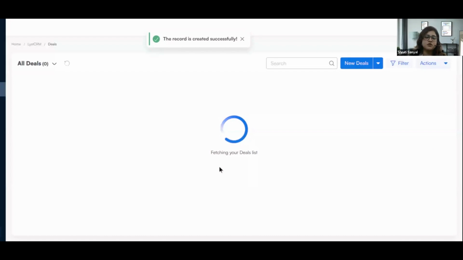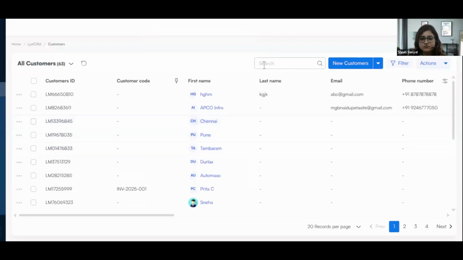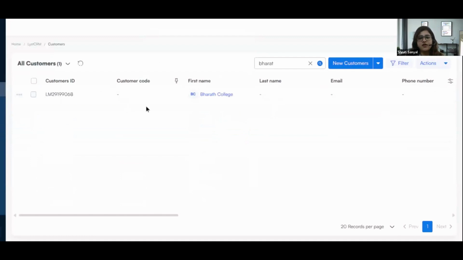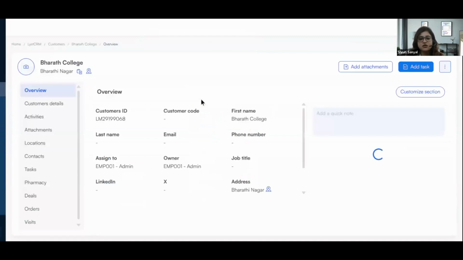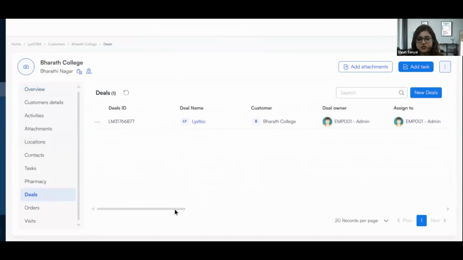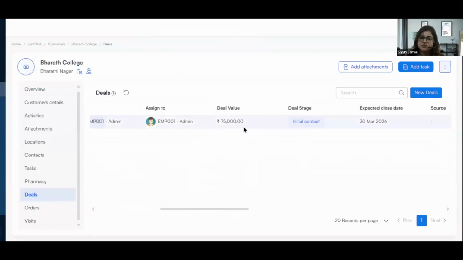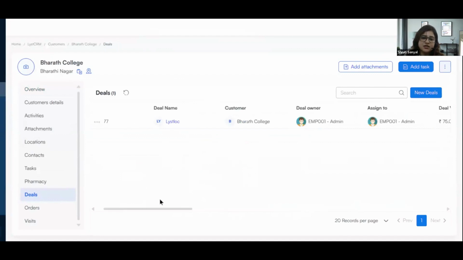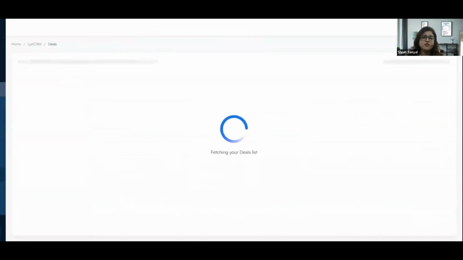So for this particular customer, once I have created a deal, I can go to the customer module once again. Once the deal has been created, I'll select the customer which I have added. If I open this customer, under the deal section, you can see that this deal has been created. So I have created this deal of 75,000 and all these details will come here. Under the customer history only, the deals will get attached. But in case you want to check the deal which you just now created,